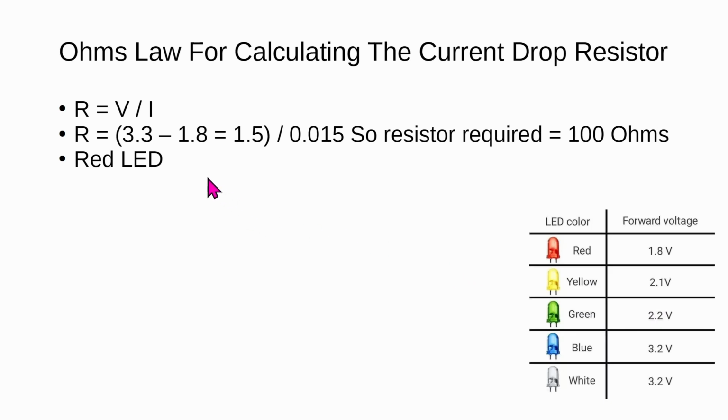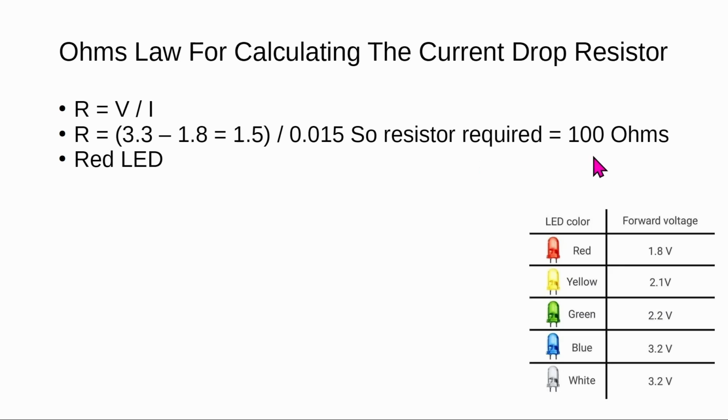We know the ESP32 will supply 3.3 volts. The forward voltage we know is going to be 1.8, so we need to drop 1.5 volts. And we also want to aim for around 15 milliamps. So when we do the calculation for the resistor, here you can see it comes out at 100 ohms for